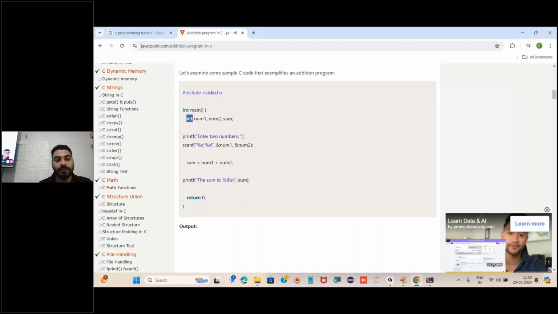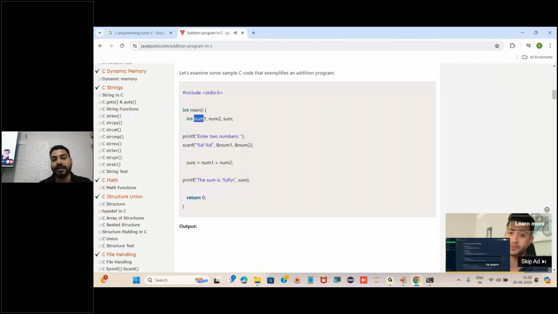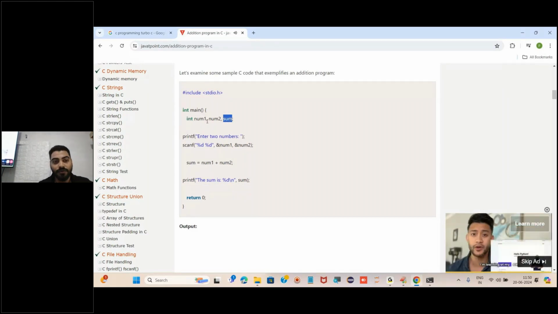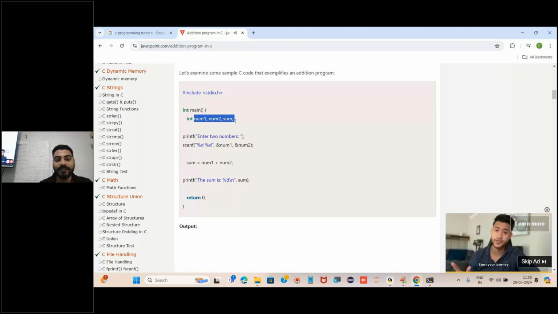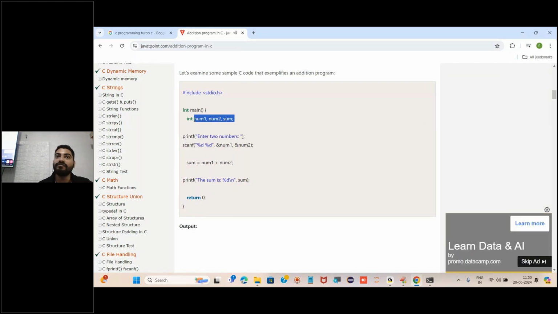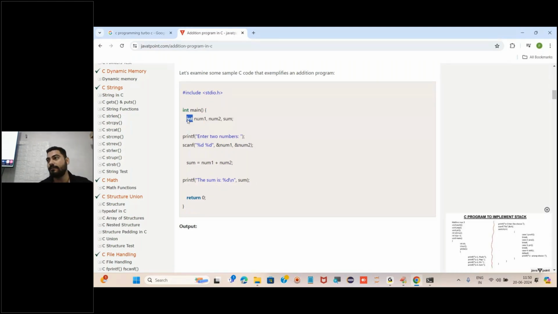Okay, fine. So number 1, number 2, sum, these are what? Variables. And in these only we are going to store the data. It could be anything, 10, 20, 30, whatever data you want. But in other traditional languages, C, C++, Java, we always have to give the acknowledgement to the compiler of what type of data we are using here.